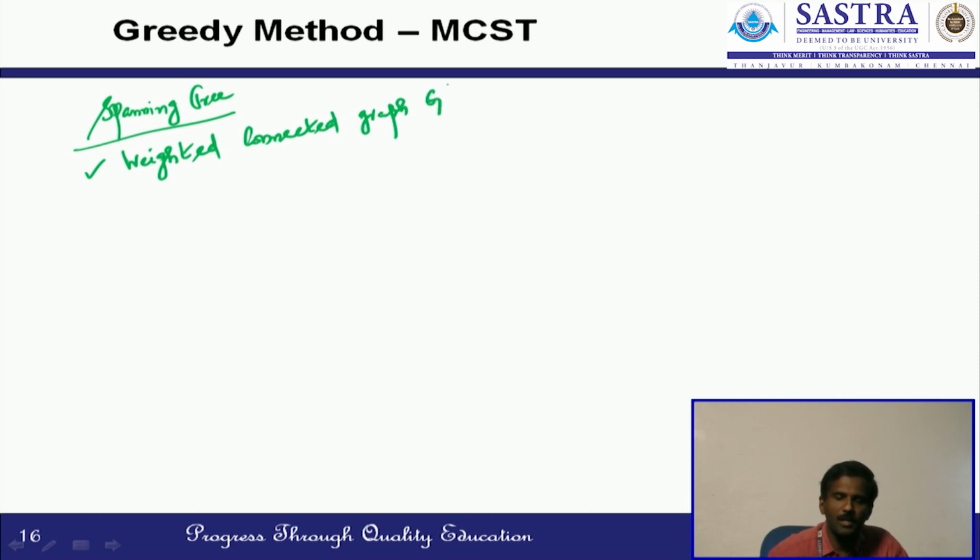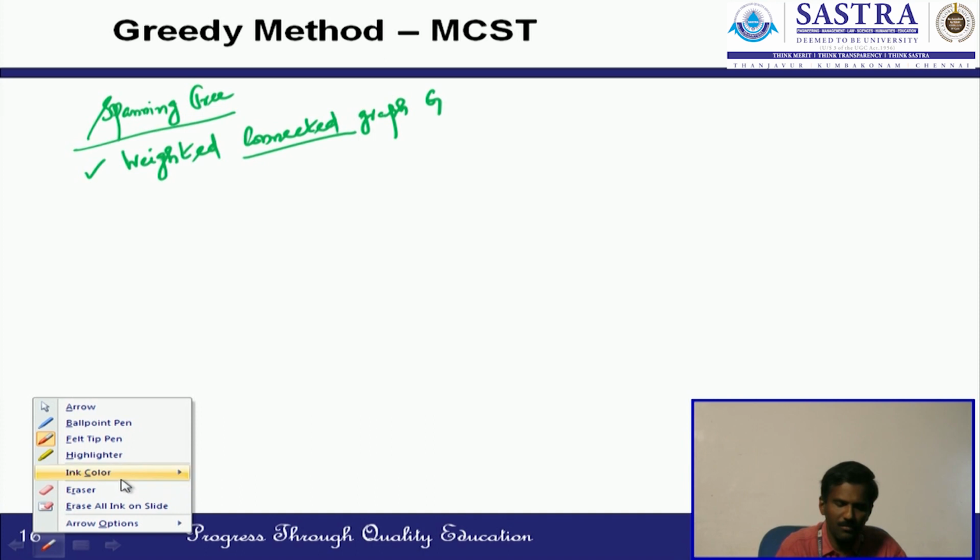Let it be indicated using the notation G. So a graph G is assigned the corresponding edge weights, then it is said to be the weighted connected